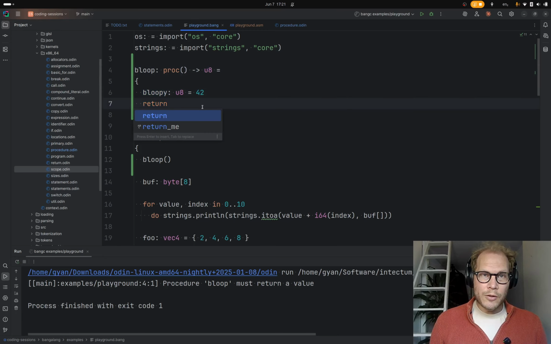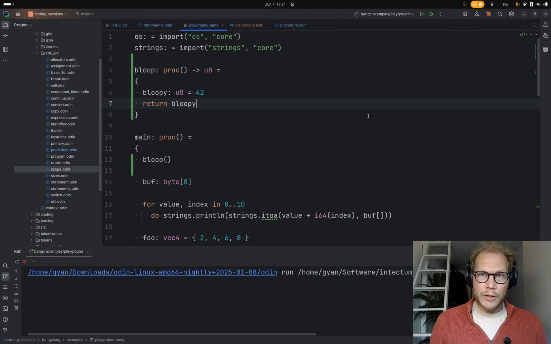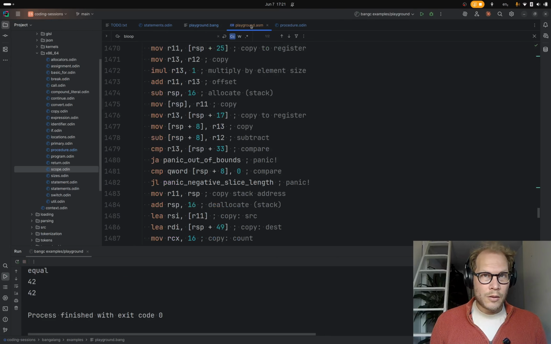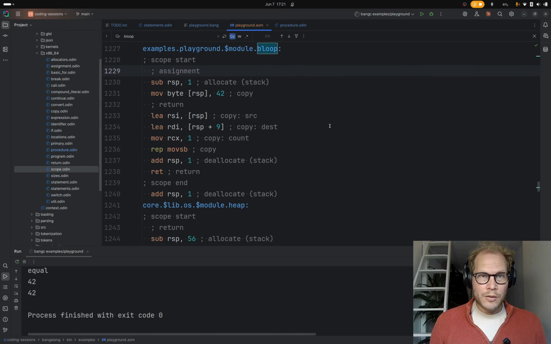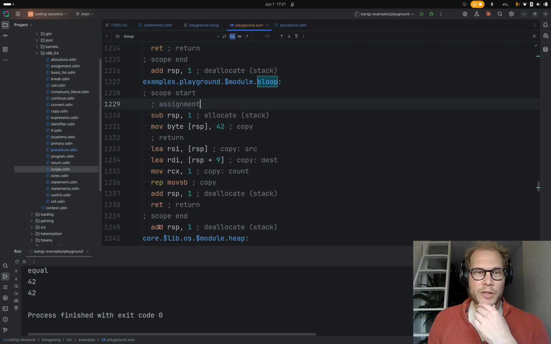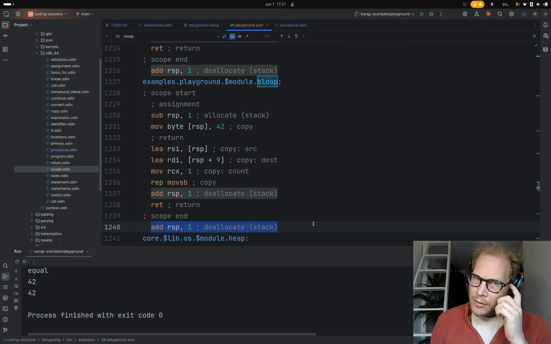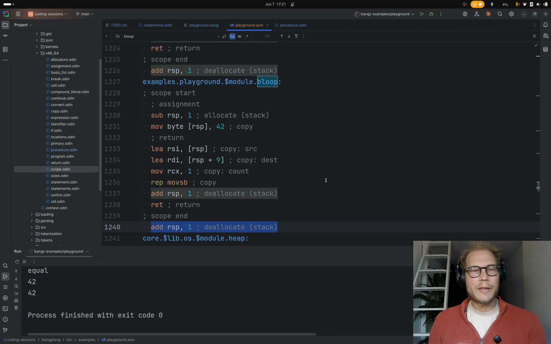So if I return bloopy, and we find the procedure, so we still have the deallocation. I guess the deallocation was actually happening in this as part of the stack.